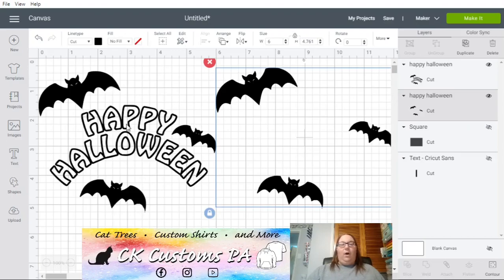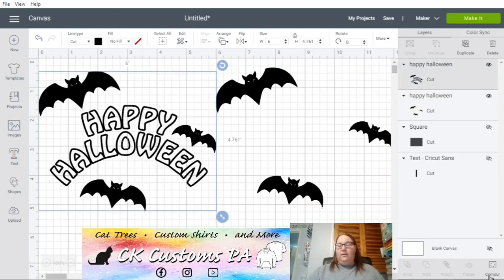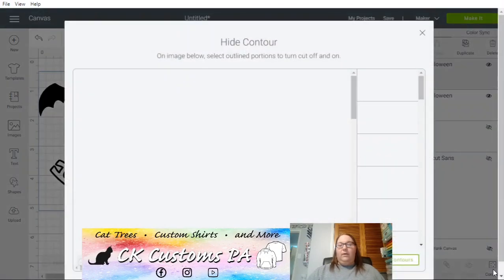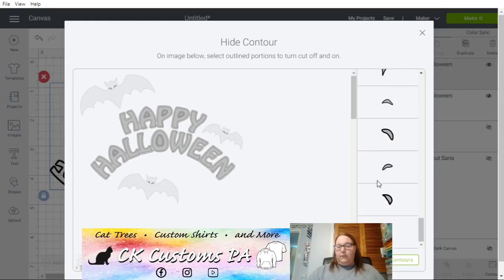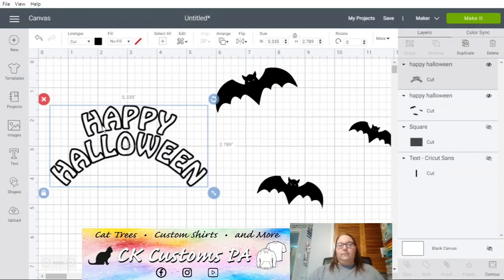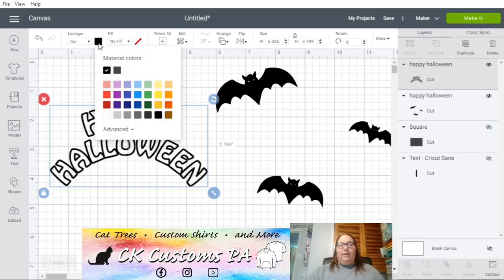black. On the opposite, we're going to contour and we're going to take away those bats. So there's a bat, and there's a bat, those three. And then I'm going to scroll to the bottom because all those eyes were together at the bottom. And I'm watching them disappear off the bats as I click each one to make sure I've selected the right item. Close contour. I can now make this orange,